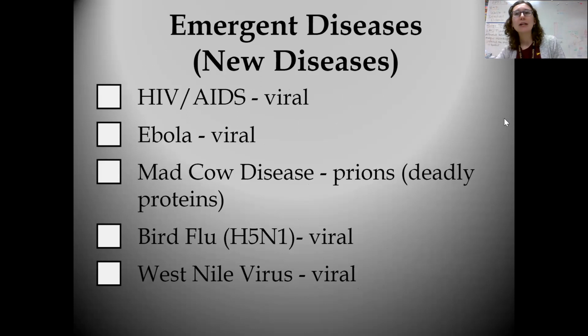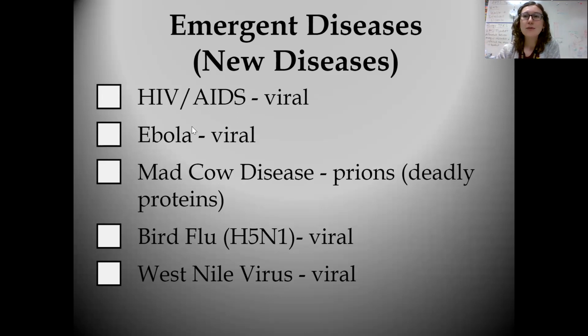All right, emergent diseases. Your textbook was written before the good old COVID-19, so it is not on here, but I guarantee it would be on here if it was. HIV and AIDS, interestingly enough, they've actually found HIV in a species, I want to say it was chimpanzee, definitely one of our primates, which leads us to believe that HIV and AIDS might have originated in some of our primate relatives, and then been transmitted to humans, and that might be how it emerged and became part of our human life.